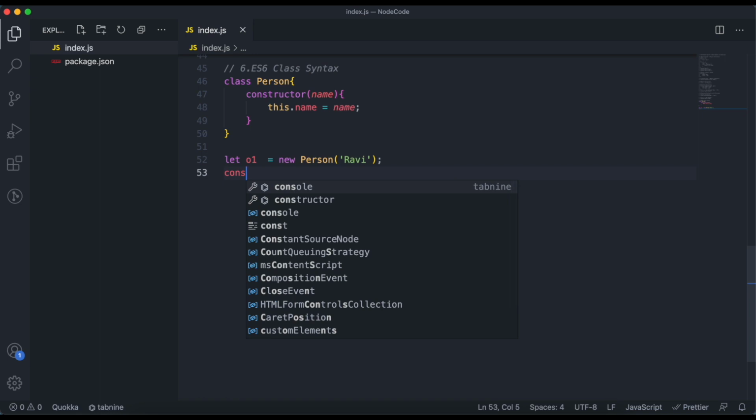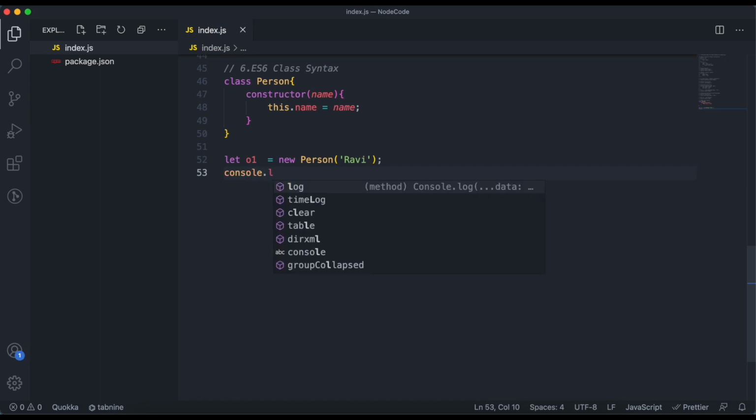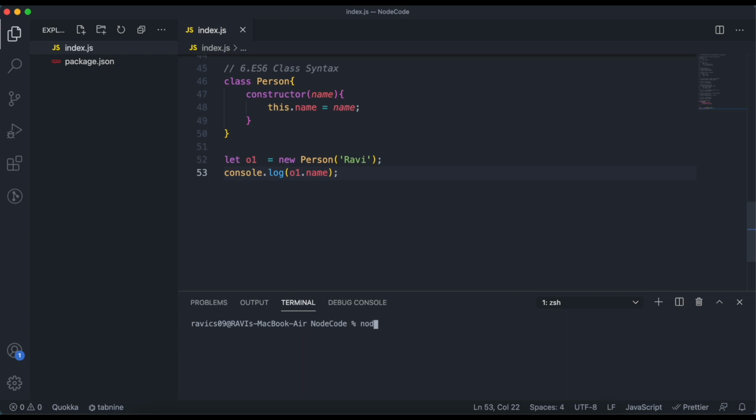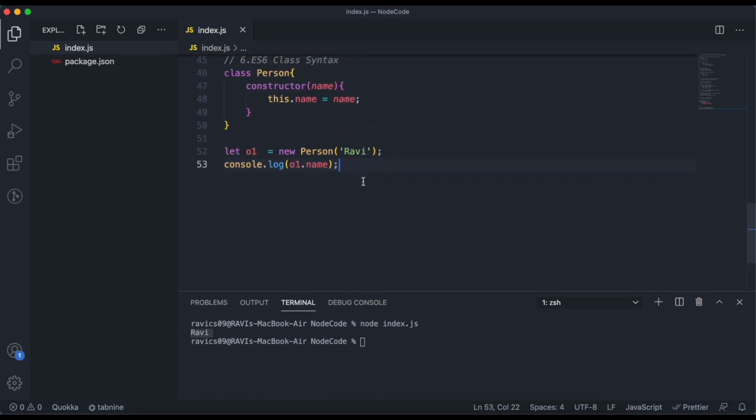Now let's console.log and pass o1.name. Let's run this one. As you can see, the name Ravi is printed. So this is the sixth way, you can use the ECMAScript 6 feature class keyword, in which you can use the constructor.